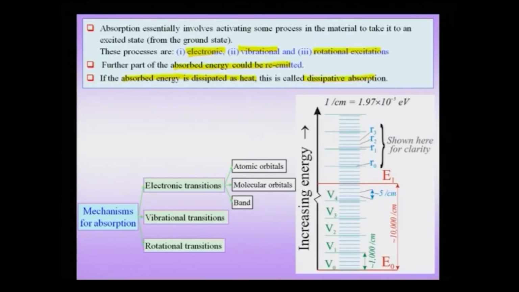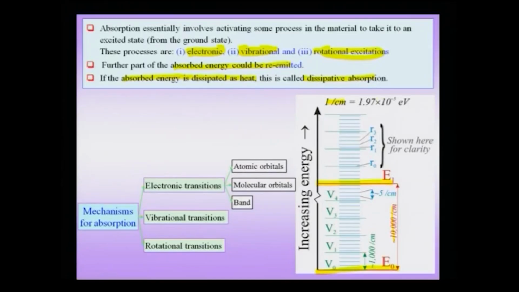Now, the important thing to note between these three kinds of mechanism, the electronic, vibrational or rotational excitations, is the fact that the electronic energy levels are highly separated. So, we can see that the E1 and E0 are separated, and this corresponds to a wave number of about 10,000 per centimeter. So, you need a lot of energy to actually excite, and you can find an equivalence between the wave number and the eVs. So, there is a larger wave number associated with the electronic excitations. That means, you need a lot of energy to excite an electron from the lower energy level in an atom or a molecule to a high energy level. And of course, this could also be a solid you could be describing.